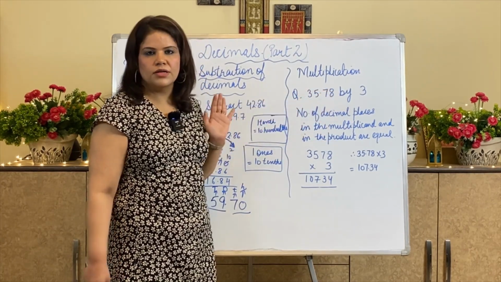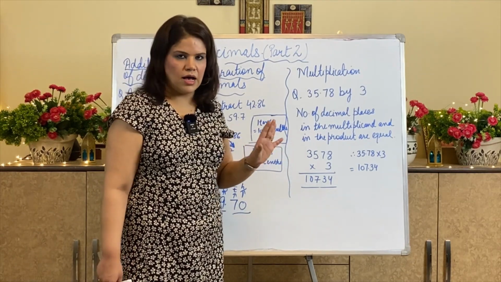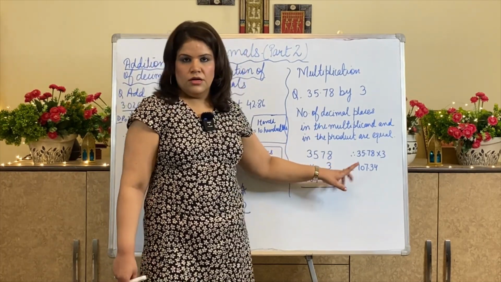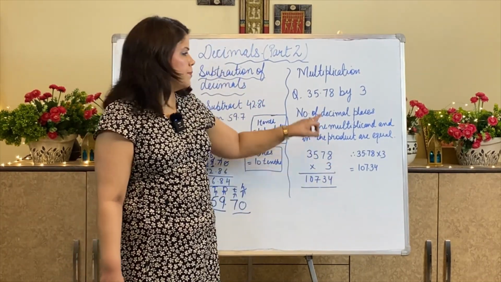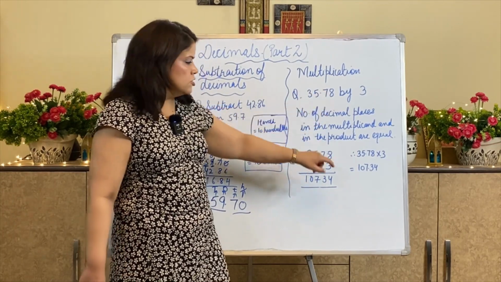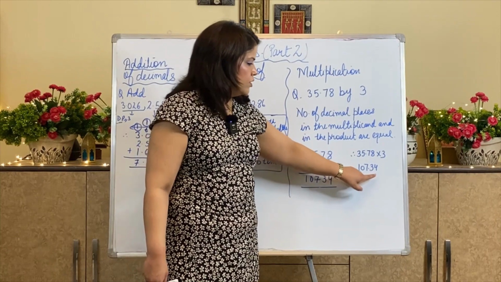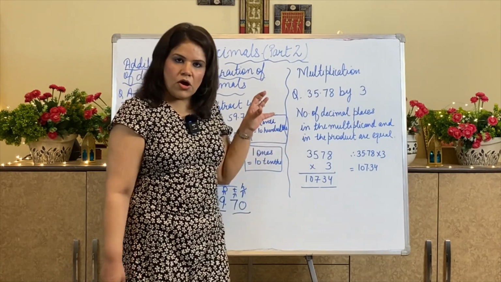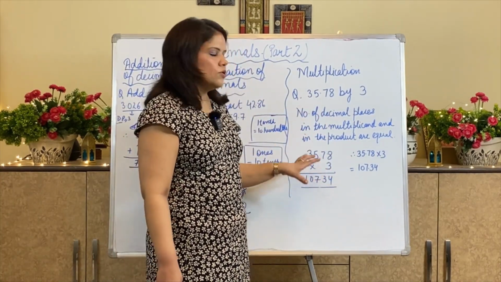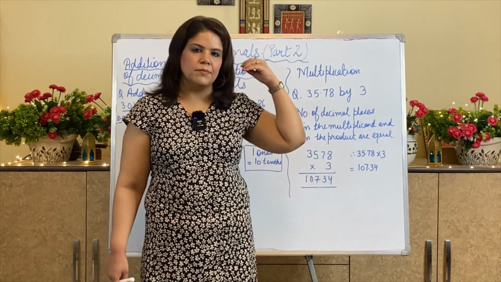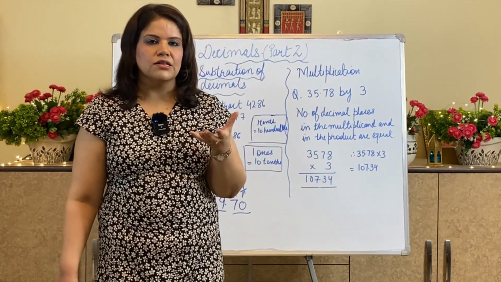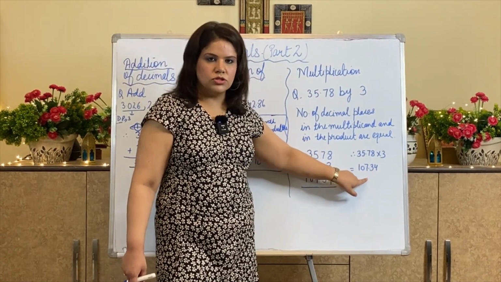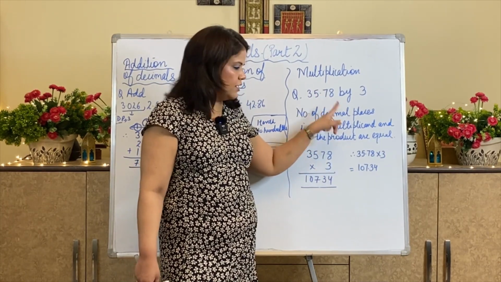First of all, you will forget about the decimal and you will multiply them as you multiply ordinary numbers. I have got this answer. Now in the product, you will use the same number of decimal places as you have been given in multiplicand. There were 2 decimal places. So we will count from the right towards left, 2 decimal places and then we will put a decimal. Number of decimal places in the multiplicand is equal to number of decimal places in the product. First you will multiply without decimal, and after getting the product you will use this decimal place. From the right you will count the decimal place whatever has been given in multiplicand and you will put a decimal.